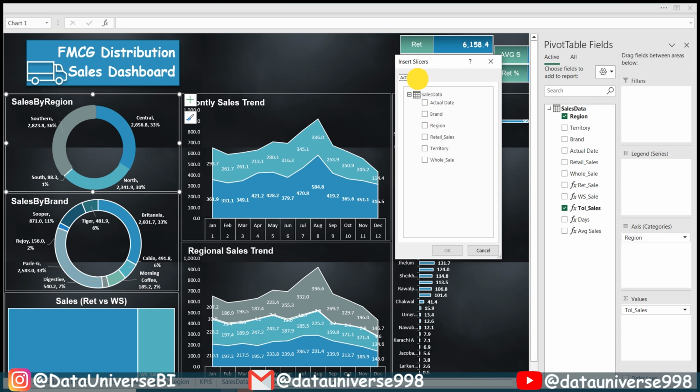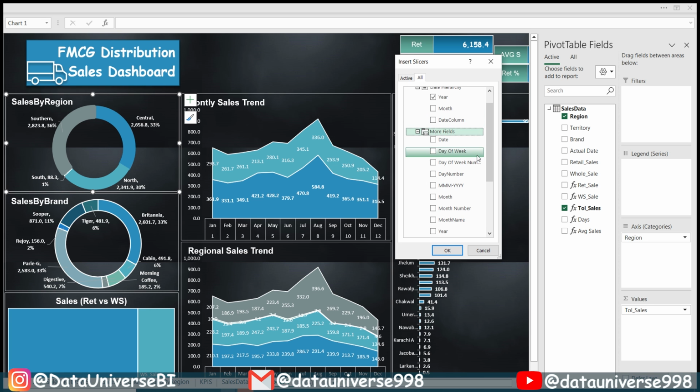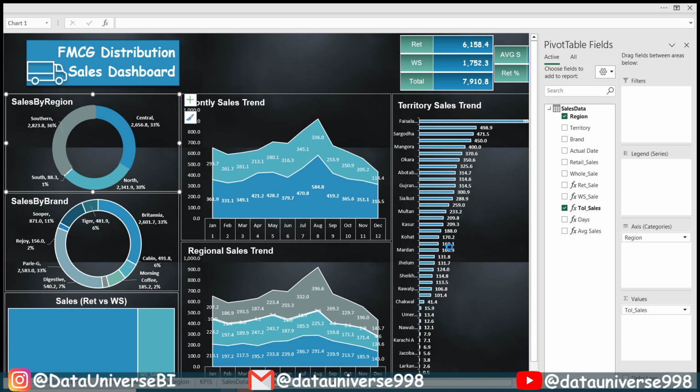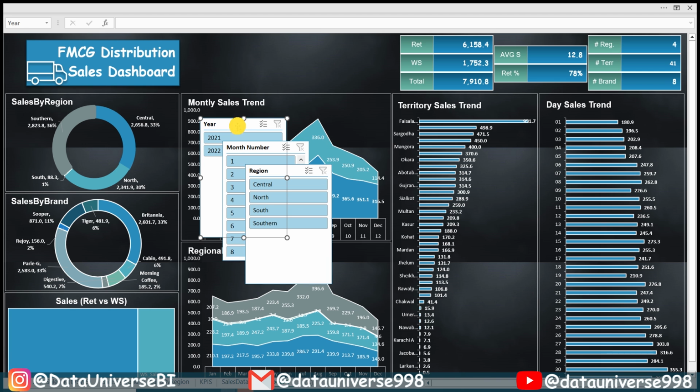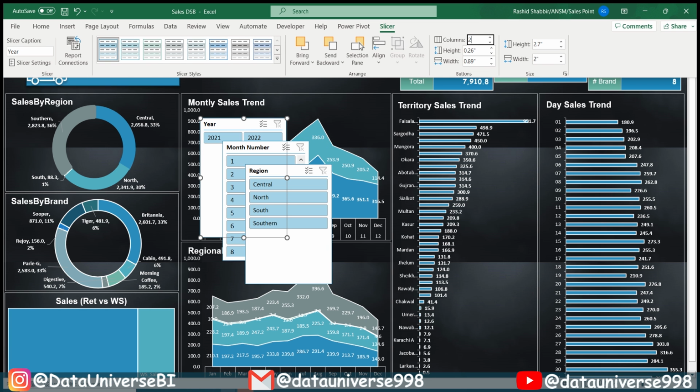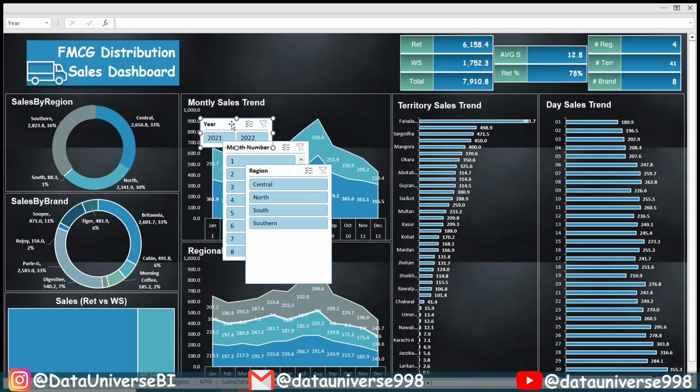So now I'm going to click on it and I'm going to insert slicers. I will be inserting the slicers for year. I will be selecting the month number, this is the month number, and region. So I will be inserting these slicers here. So far I will be clicking on it, make it 2. I'm clicking this one,